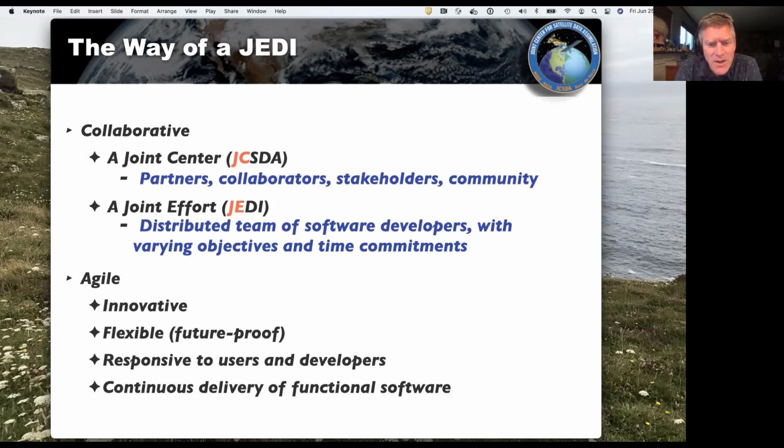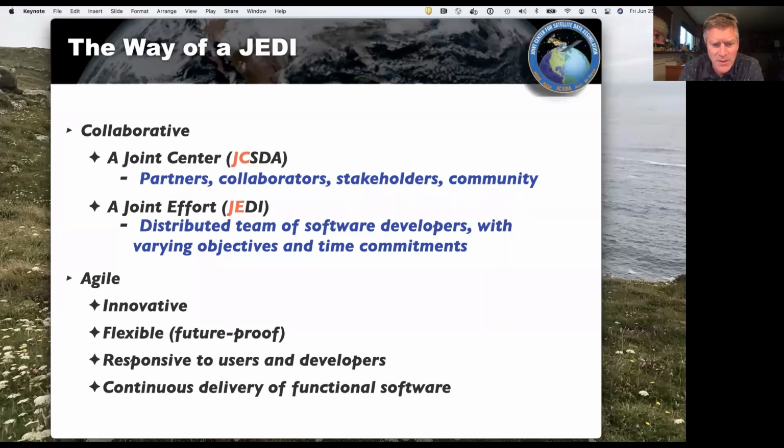There should be a continuous dialogue between the users and developers, and when things need to be changed, they are changed. So there's this communication and responsiveness, and that's where the word Agile comes from. We still have requirements, but they can change, and they can be different for different partners. So we want to be able to respond to that.